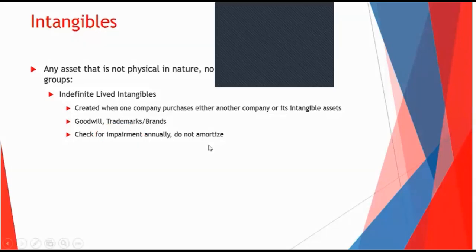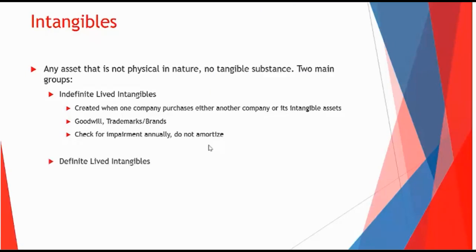When we say amortize here, it's the same thing as depreciation, except it's a special term for intangible assets. So you depreciate a fixed asset, you amortize an intangible asset. Definite-lived intangibles are things that do expire. Some examples are patents, copyrights, franchises, licenses, things like that. You can't touch a patent, right? A patent is the right to produce something using a certain method. You can't touch that. That's intangible. There's a piece of paper that says you have that right, but the actual right, you can't touch it.